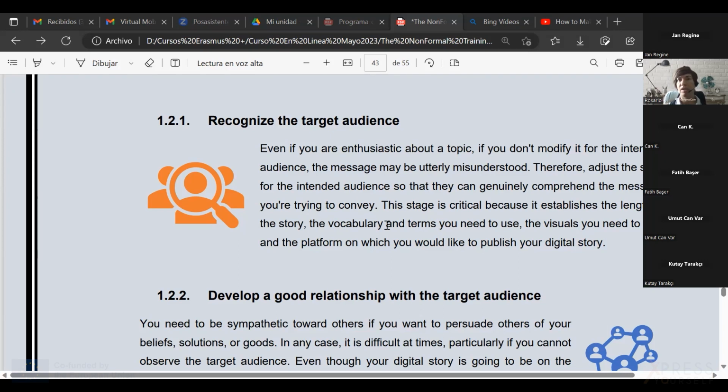As it says here, the vocabulary. If I am talking with young people, I should not use high register vocabulary or complicated vocabulary or very technical vocabulary. It will, of course, depend, because there are young people who are very well prepared and might know more about the topic that I am discussing. But if I am in a non-formal context, I will have to avoid this type of vocabulary.